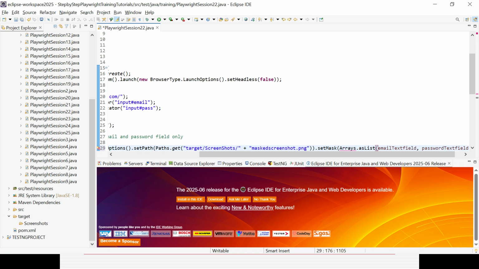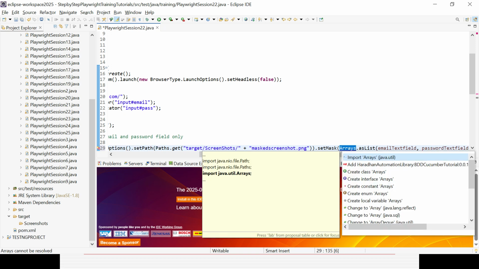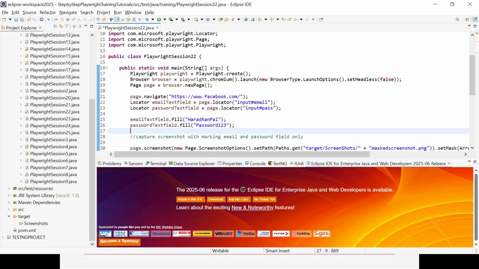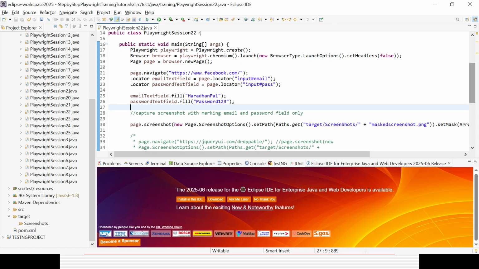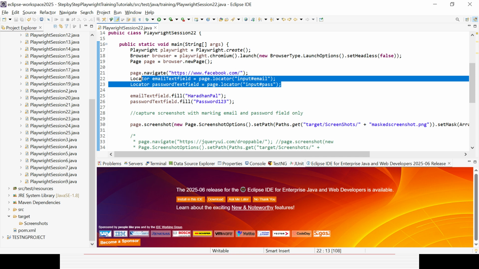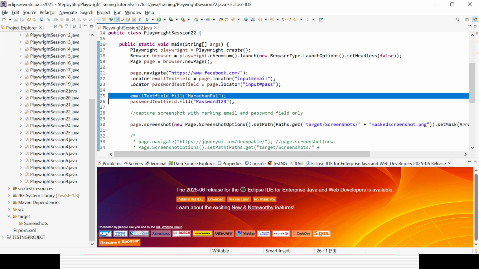What more error is coming? I think the Arrays part we need to import from java.util. Yeah, after that the error message is gone. So first you need to navigate to the page website. After that you need to identify the element whose value or field you need to mask completely. After that you can enter some value. You could see that even after entering the value, this particular section will be completely masked, so that nobody can